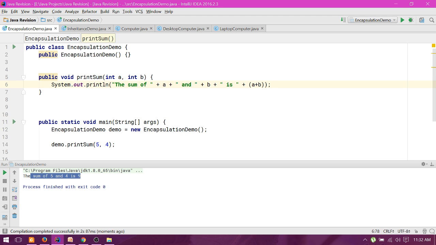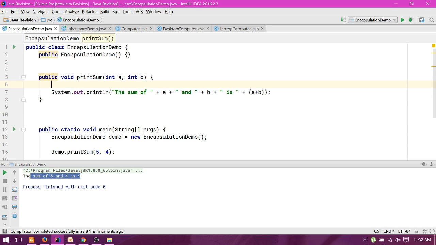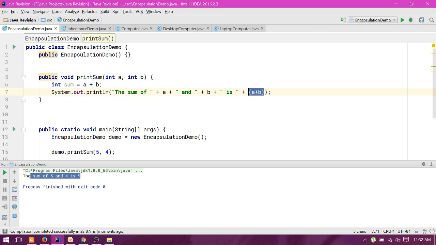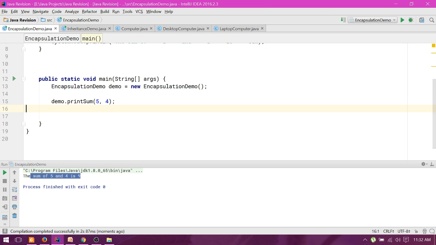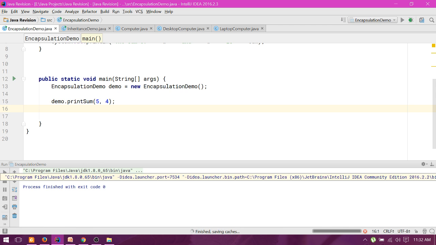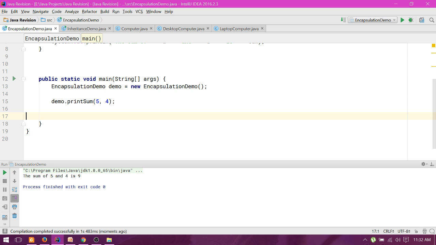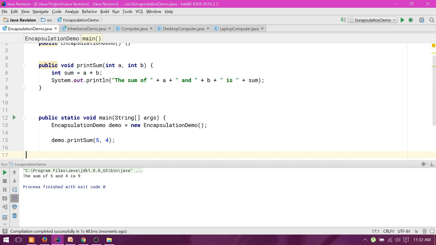Now let's think about a scenario where you want to update the printSum method. You may want to do this a little bit differently, like sum equal to a plus b, and then print it right here, and you don't have to modify this portion of your code. It will work anyway. Make some bigger changes, like